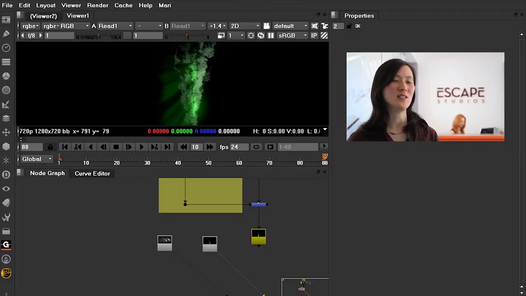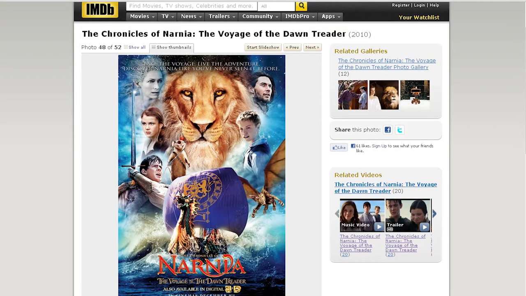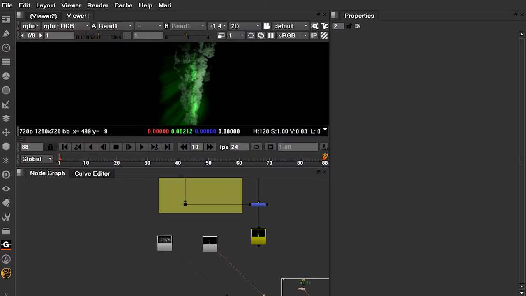I'm head of 2D at Escape Studios and also a compositing tutor. I will be doing a tutorial on adding a hot core and animating that on inside this sort of smoke plume element. This was a technique, and variations of this technique were used in the film The Chronicles of Narnia: The Voyage of the Dawn Treader, released in 2010, that I worked on at Cinesite